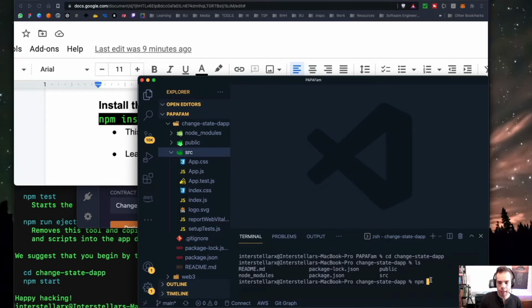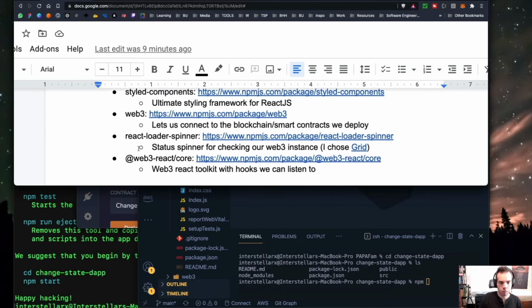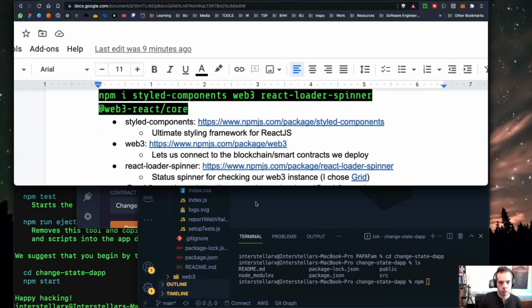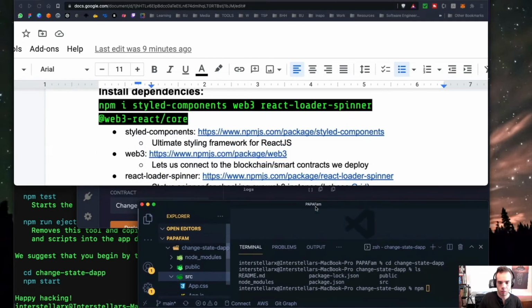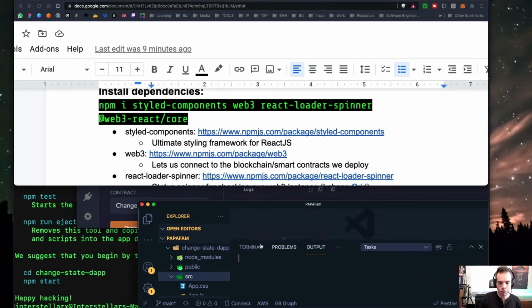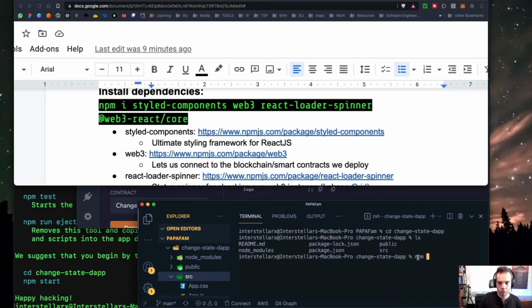We're going to add styled-components. See if I can do them both at the same time, which hopefully I'll be able to. So we're going to do npm install styled-components, web3, react-loader-spinner, and @web3-react/core.